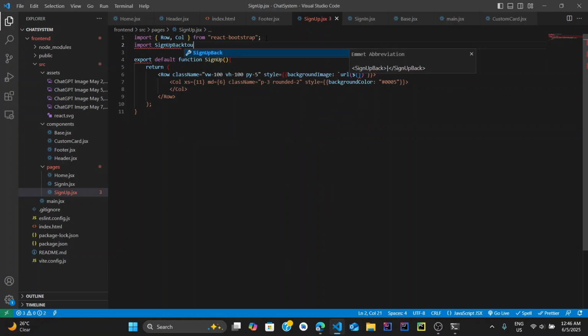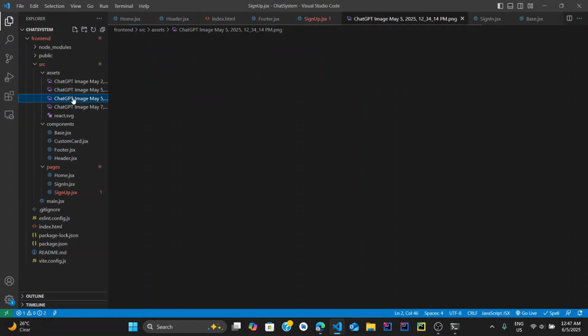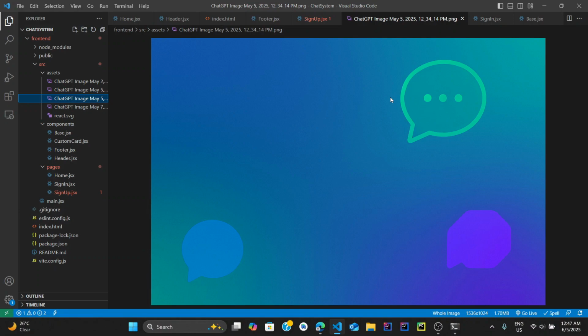background image, and I want to import the image from the assets directory. I'm gonna provide the relative path to the assets folder, and in there I have this image, I think. Let's see. Yeah, this is the image that I'm going to use for the